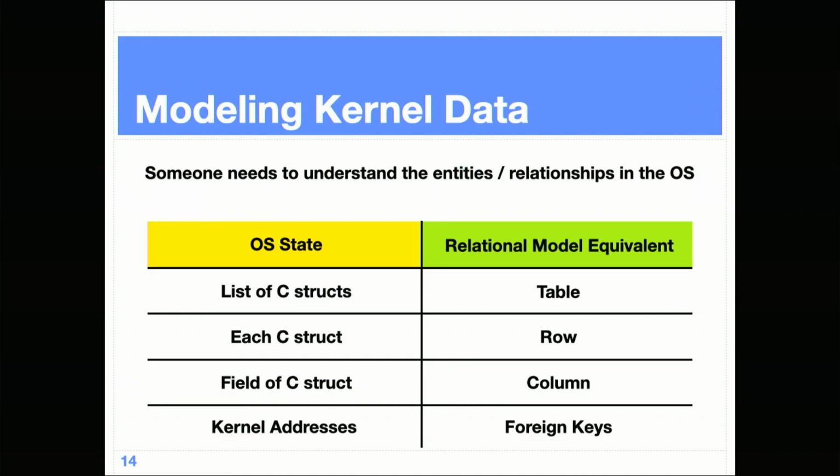So why could we do this? I talked about the fact that this is all in C, right? So SQLite's in C, FreeBSD is in C. And I'm still speaking. Okay.